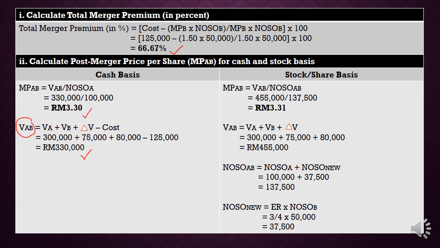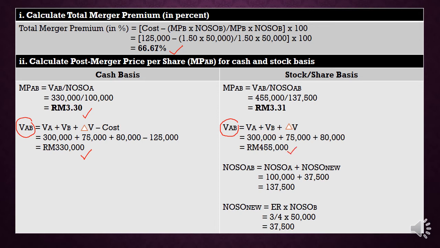And for the stock basis or the share basis, to calculate MPAB, the formula equals VAB for the stock basis divided by NOSO AB. So at first, before you can calculate MPAB, you should calculate VAB under the stock basis. Based on the formula, VAB stock basis equals VA plus VB plus synergy. VA is 300,000 plus VB 75,000 plus synergy 80,000. So the answer for VAB is RM